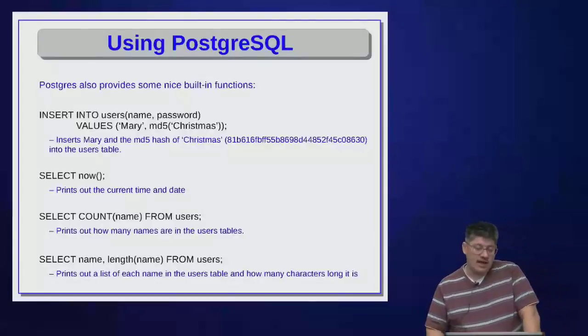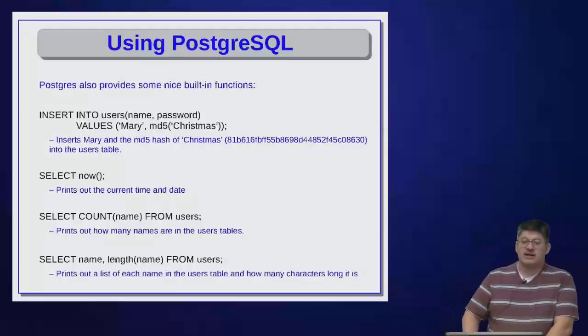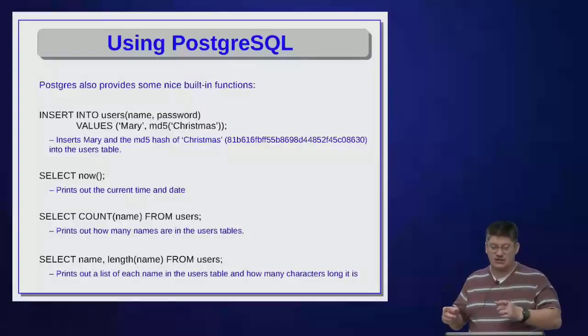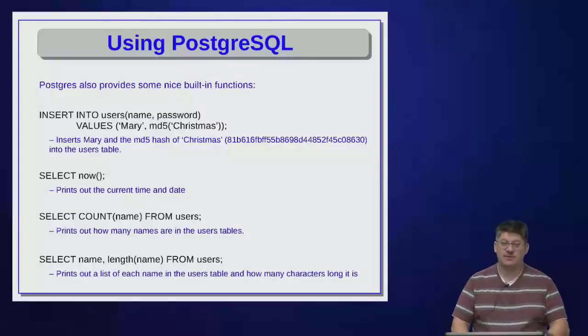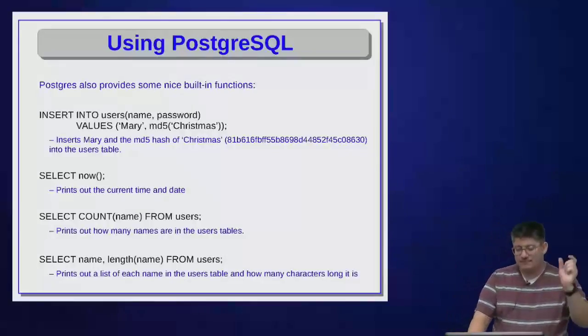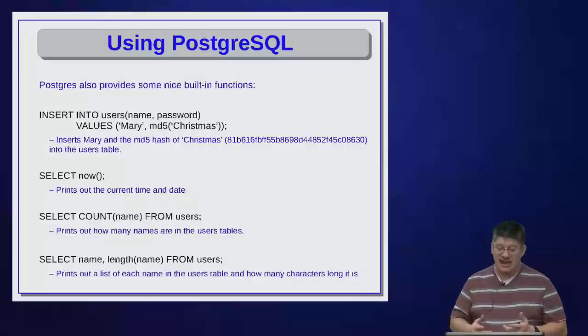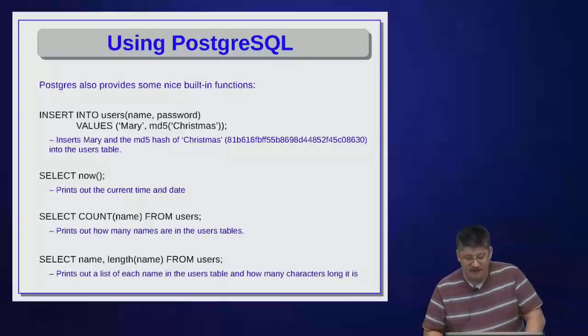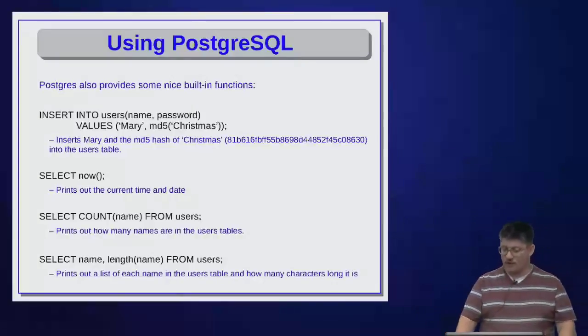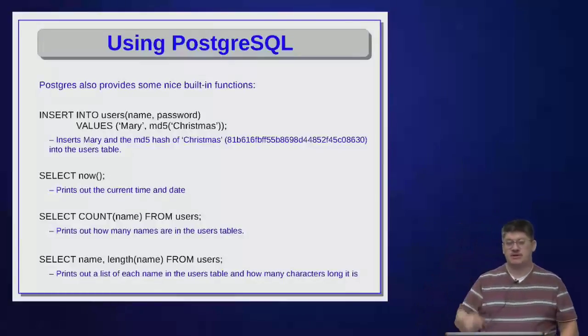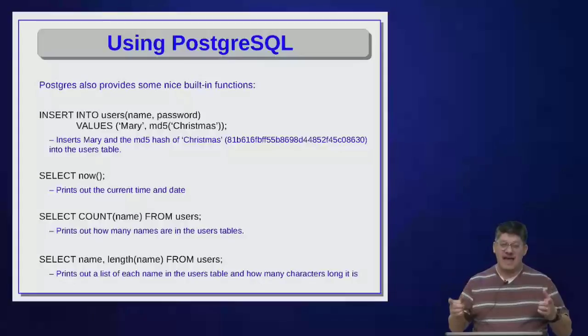So for example, I could insert into a table named users a name and a password. And the values are going to be Mary is my name, and my password will be the MD5 hash of the word Christmas. So I'm going to put Merry Christmas into my database. Mary will be my name. But before it puts Christmas into the database, it's going to hash it. So it's going to actually put this big, long string of letters and numbers in, 81B616FB FF55B869804452F4 5C08630. That's what it's going to put into the table because that's the MD5 hash of the word